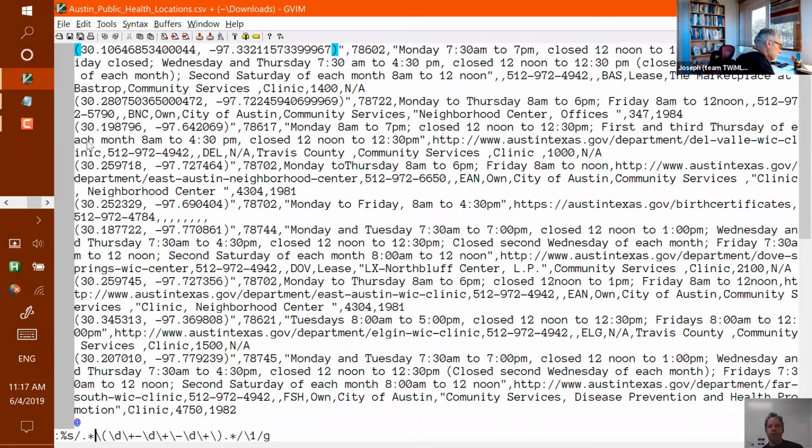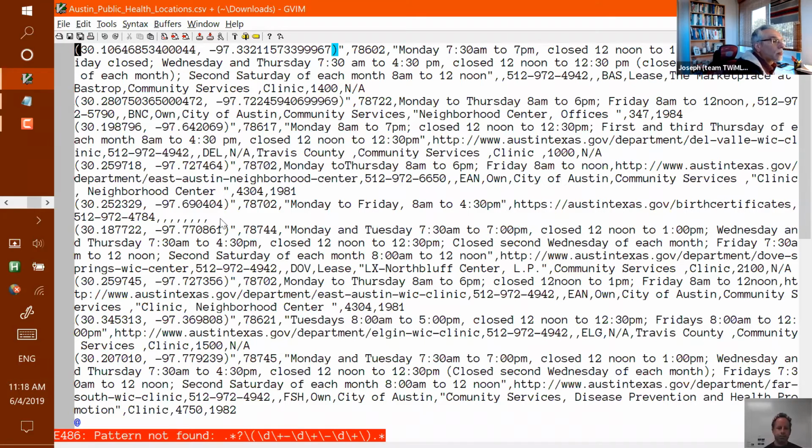A couple of ways I could fix this. One is in regular expressions, you can ask for a non-greedy match. And the way you do that is you put a question mark after an asterisk or a plus, and that means as few as possible. All right, so this is now a non-greedy match at the star, which means the greedy match will go on my digits. Let's